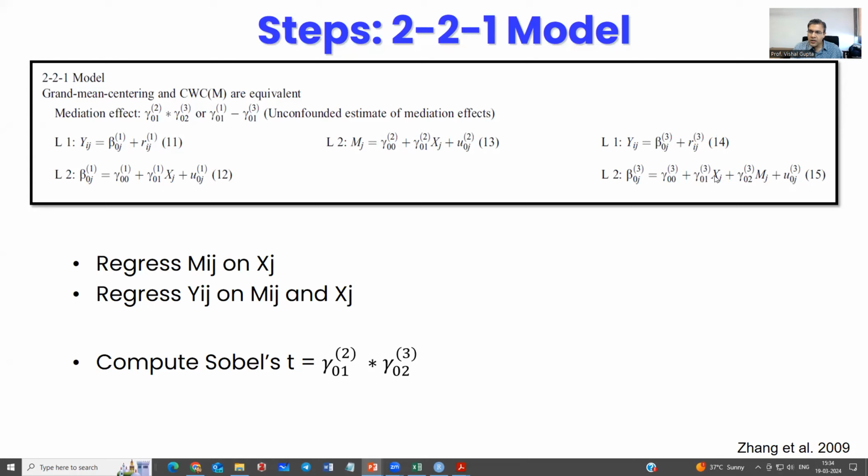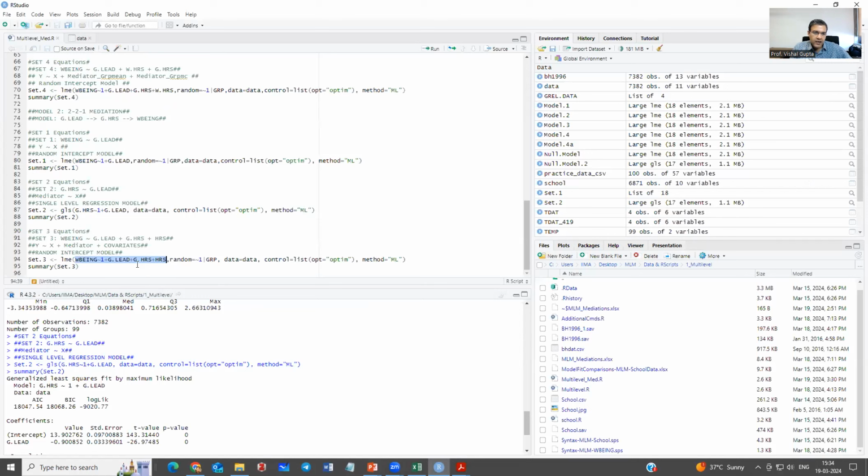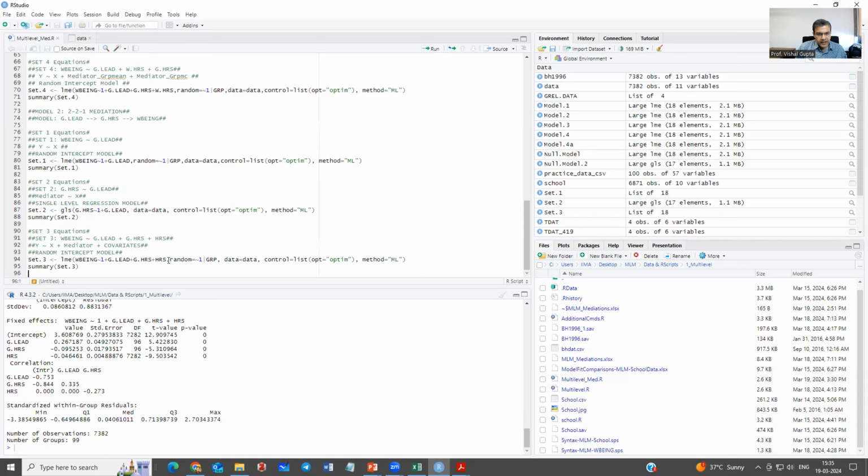So this is G.lead, this is G.HRS, and there is a level 1 predictor, which I have not written, which is not there in Zhang et al.'s paper, but I have modeled it in this script. It is a random intercept model, so random is equal to tilde 1, and it varies per group. I run this model and do the summary, and you see now what is the coefficient of G.HRS to well-being? It is this,